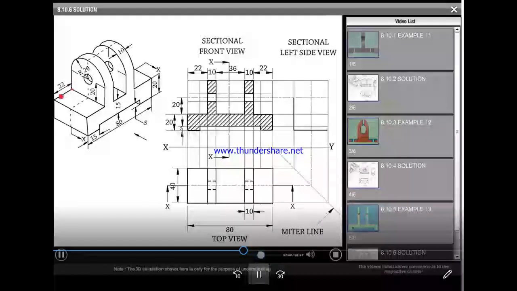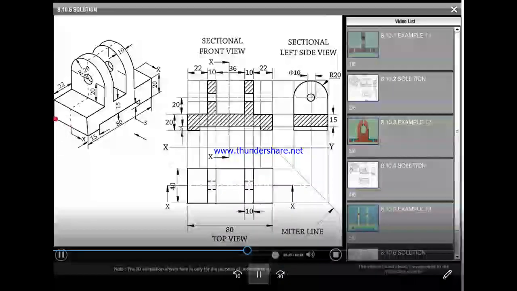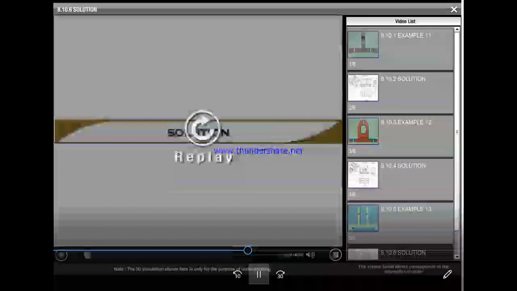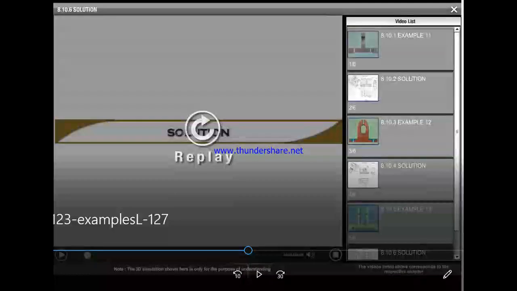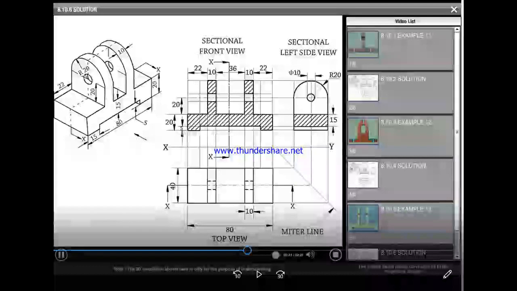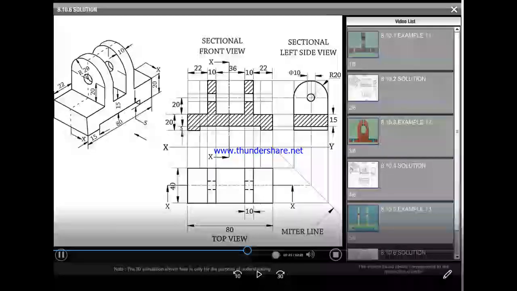Show the hidden details by dotted line and visible details by dark line. Appropriately represent the dimensions. Note on this figure, the final figure, that is the sectional front view, top view and sectional left side view.